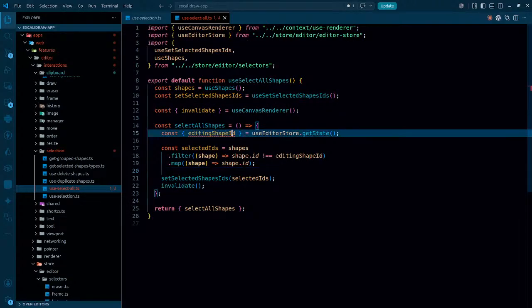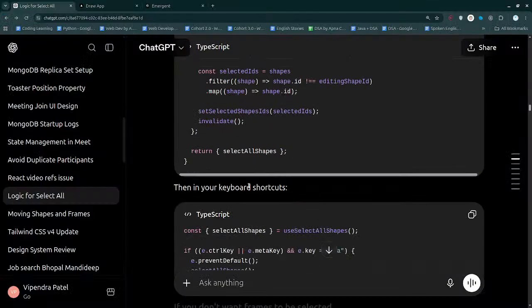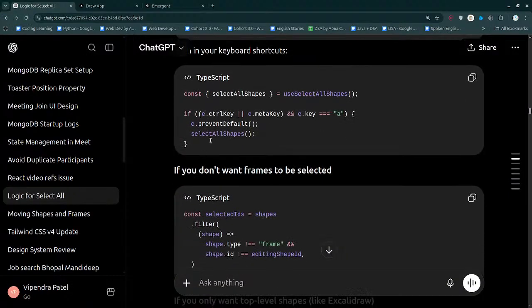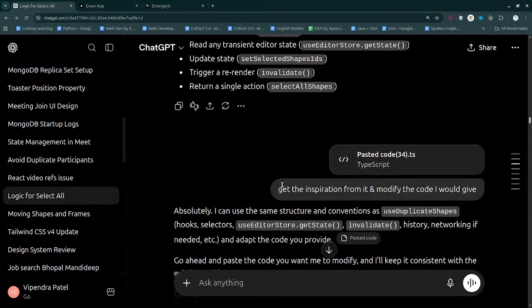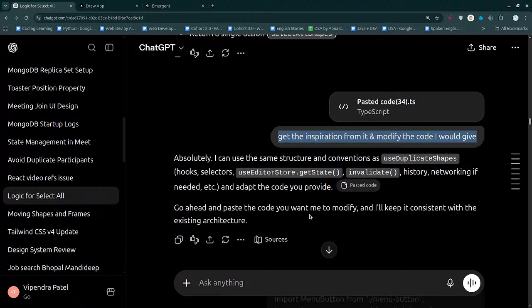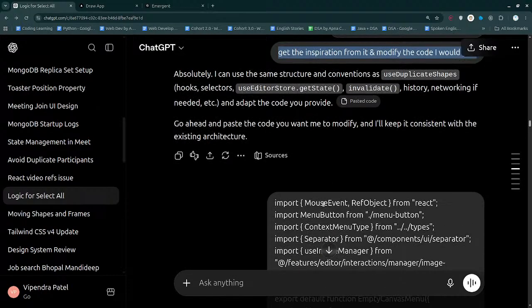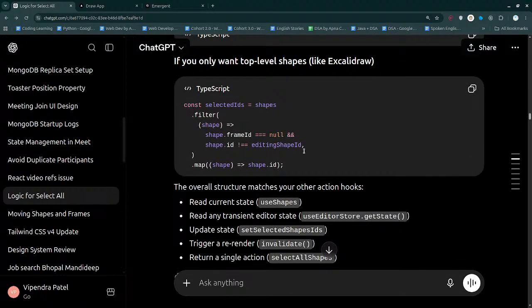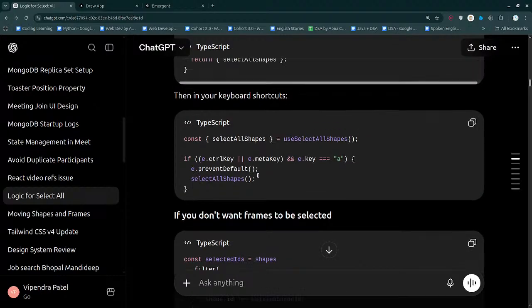So it just simply gets the state. User editor store gets state. Well, this is still not right, so let me see what happens just after that. Select all this, get the inspiration from it and modify the code I would give. Empty canvas menu, that simply means we have to fix it in here. Okay,